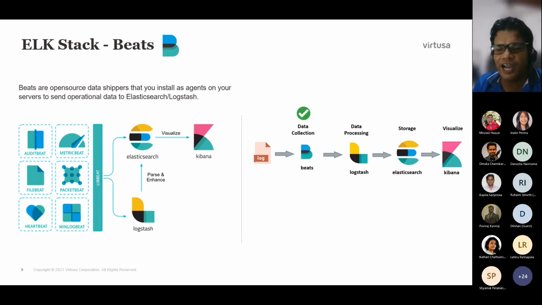You don't have to do much configuration in these Beats. It will do the job for you, the difficult job. Okay, so basically Beats can actually not always put data into Logstash, but there are